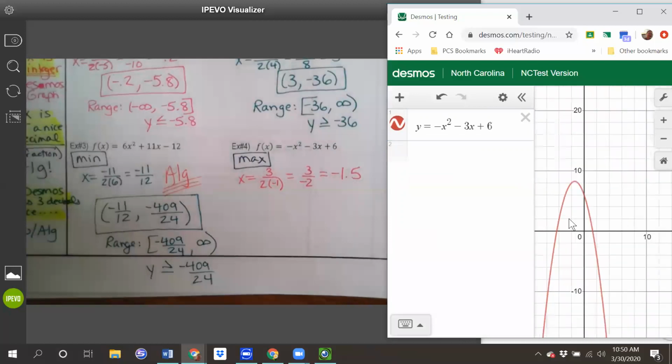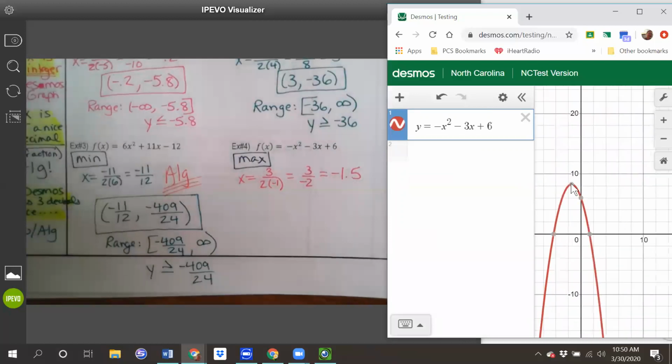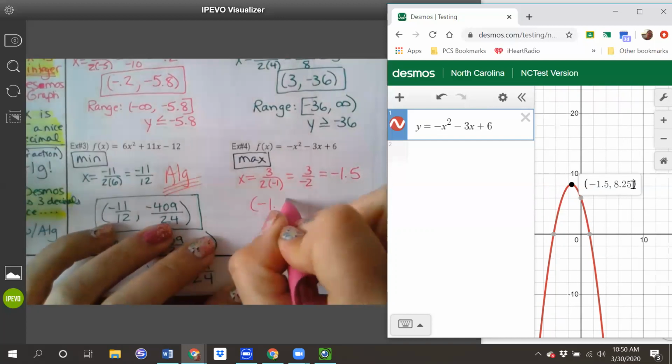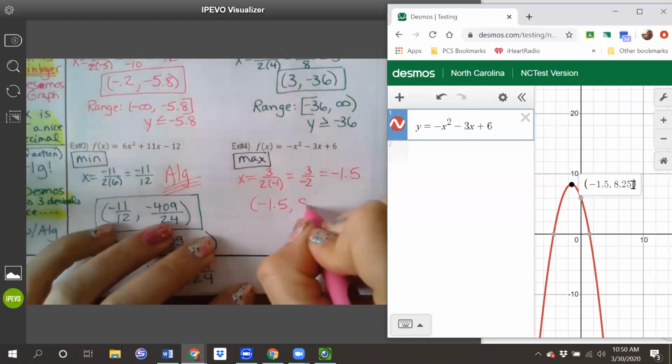Let me drag here, and that is my vertex right there. Desmos is only giving me 2 decimal points, so I can be certain that that is accurate. If it was giving me 3, then I would question whether that was giving me a rounded answer or not. So because it's only 2 decimals, I have confidence that this is negative 1.5, comma